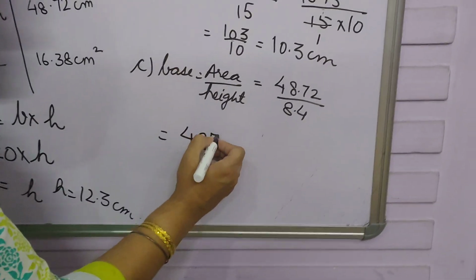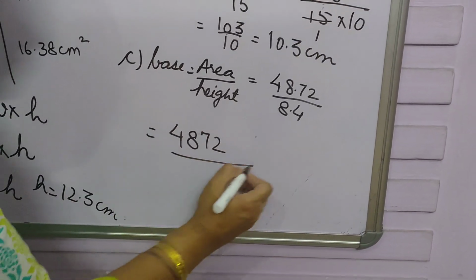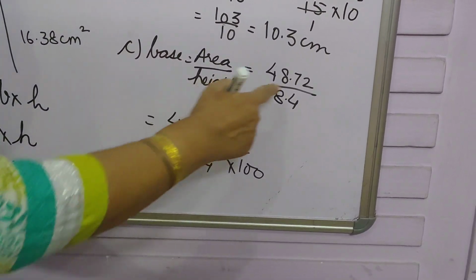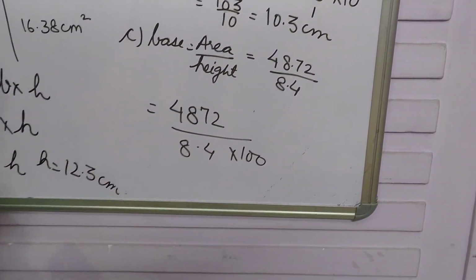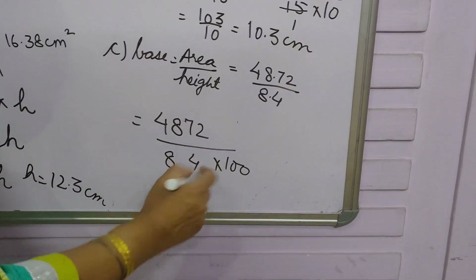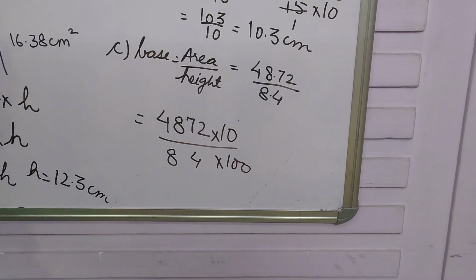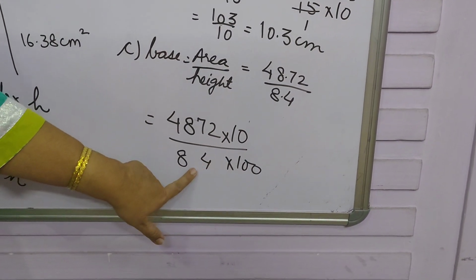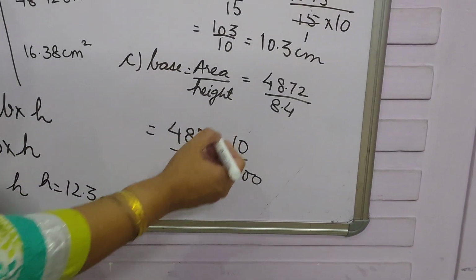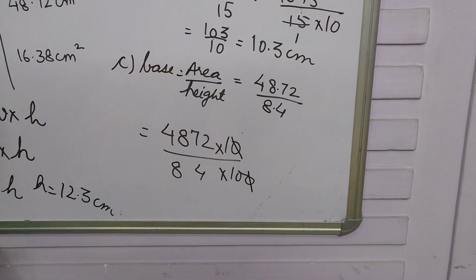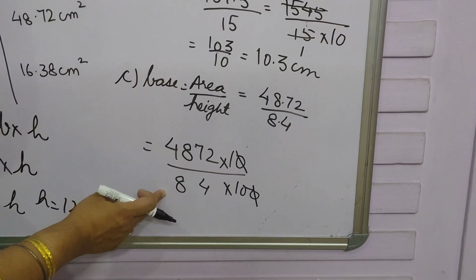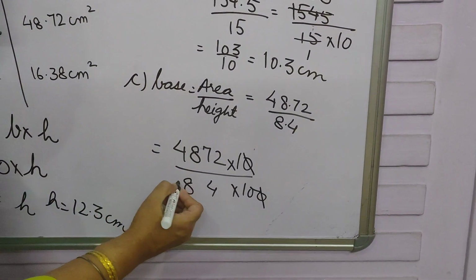If I remove decimal from the numerator, I will have to put 100 in denominator because there are two digits after decimal. So two zeros will come along with one. So I will have 100 in denominator. If I remove decimal from here, then since I am removing decimal from a number in denominator, 10, 100, 1000, whatever will be there will come in numerator. I have divided this number by 10. Now, you can divide this either by 4 or by 2. That is your wish. Let me divide it by 4.